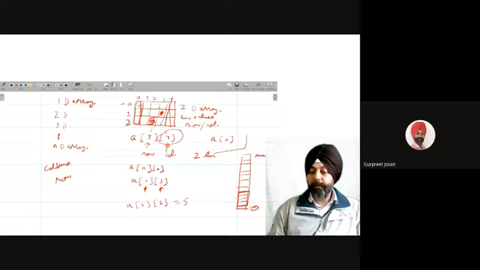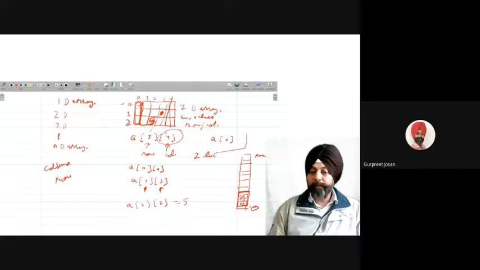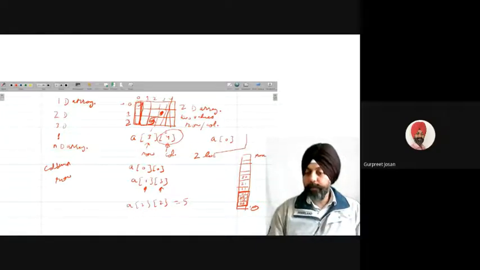That means we will store the value 0,0, then 1,0, then 2,0. When the first column is complete, then we store the next column. Then there will be 0,1, 1,1, 2,1. Then 0,2, 1,2 and 2,2.